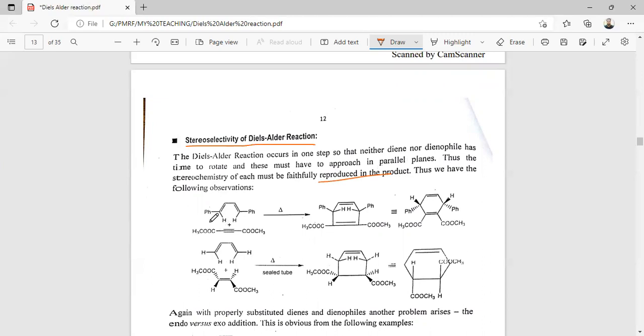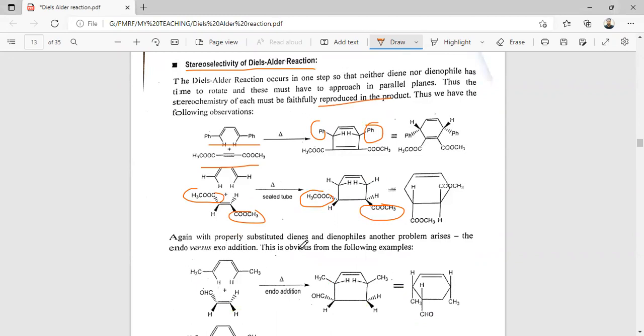So here, this diene reacts with this dienophile. Here, two phenyl groups are in cis position. So here these two ester groups are trans, and also in the product these two ester groups are in the trans position. So here the stereochemistry of each must be faithfully reproduced in this product. So again,